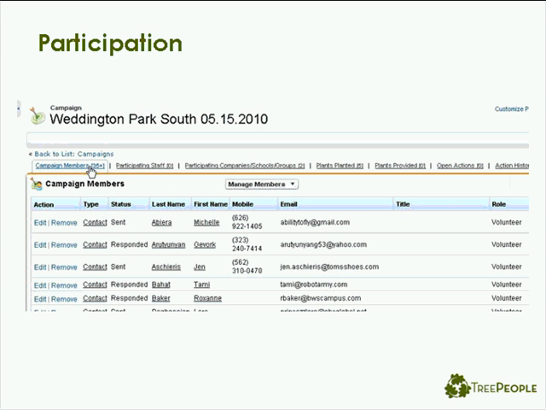And participation. So this is how we can track who is volunteering on our projects. And this actually is directly linked to our website. So people can go onto our website, create a profile, and then start signing themselves up for projects. And that feeds directly into Salesforce. So our volunteer manager doesn't have to manually enter every one of those people. And we can see it all right there.